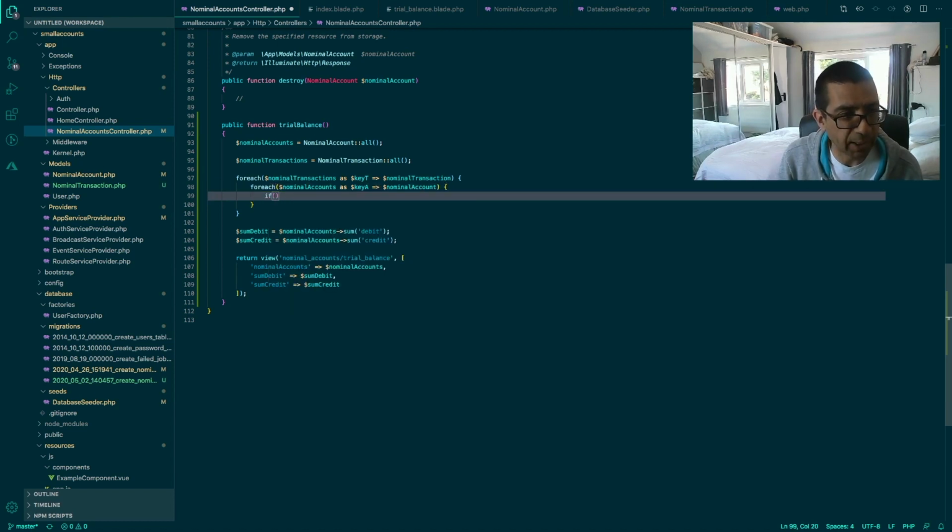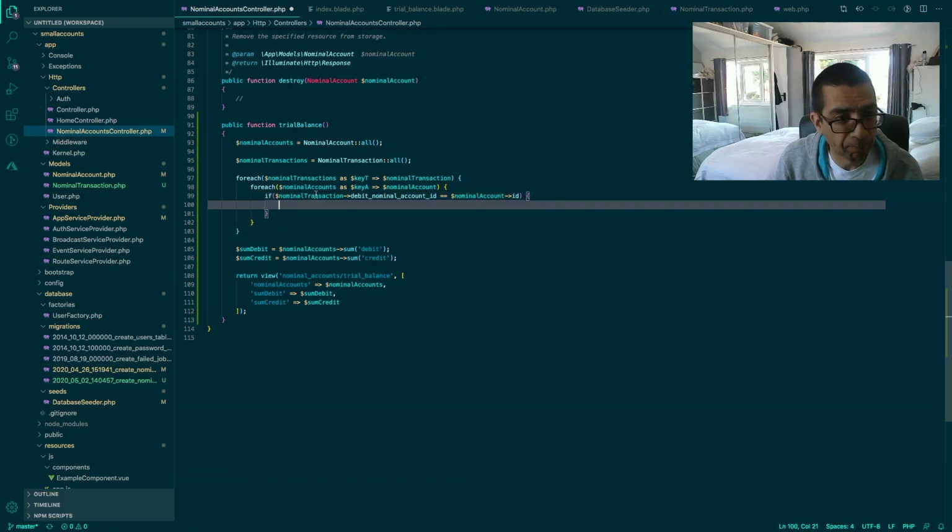So we need to check if it's the matching. So if nominal transaction debit nominal account ID equals nominal account ID, then